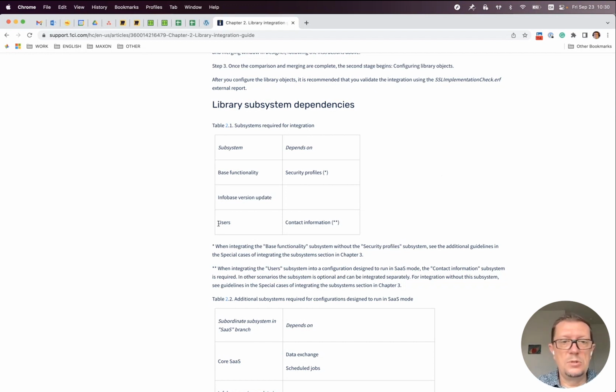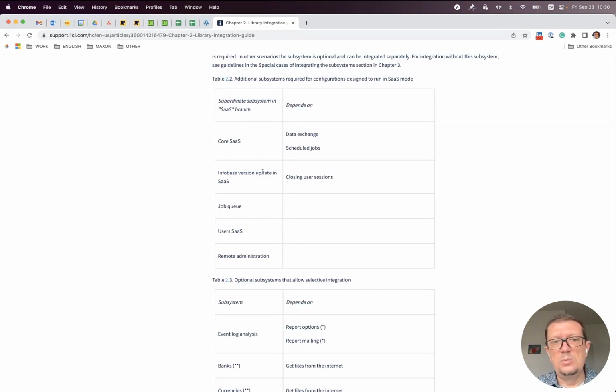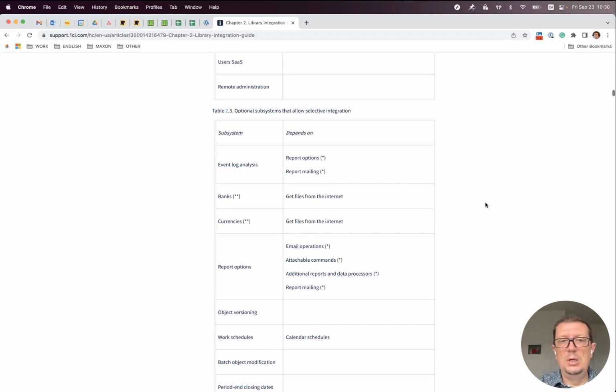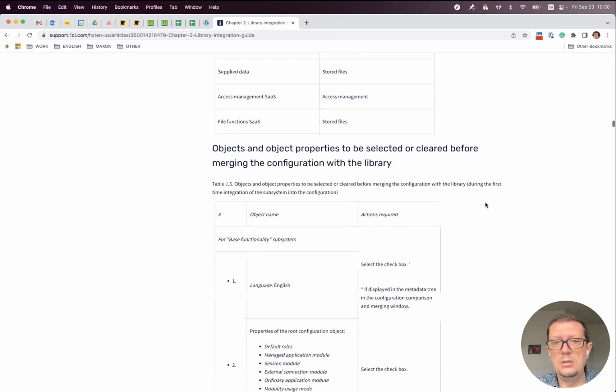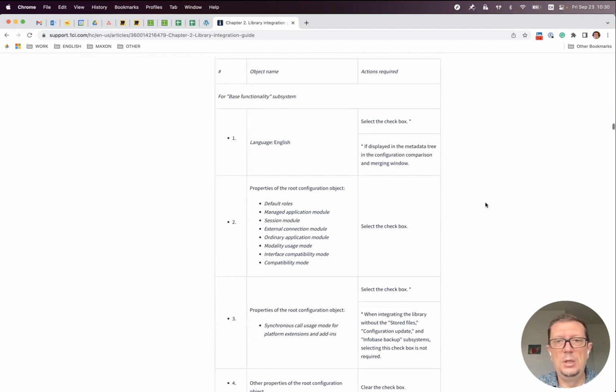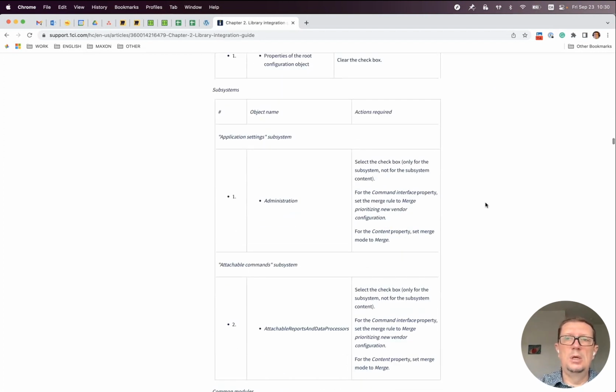For example, the user subsystem depends on the contact information subsystem, or Infobase version update depends on closing user session, and so on and so forth. So you need to be careful about those dependencies. And as you can see, there are a lot of them. So please check those dependencies and merge all subsystems that depend on each other together.